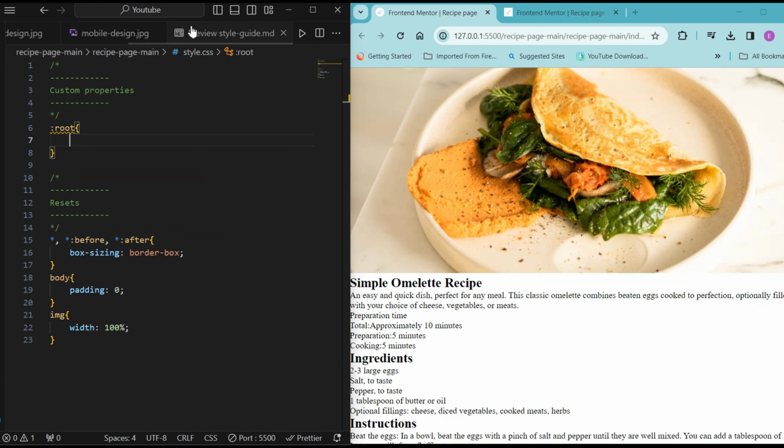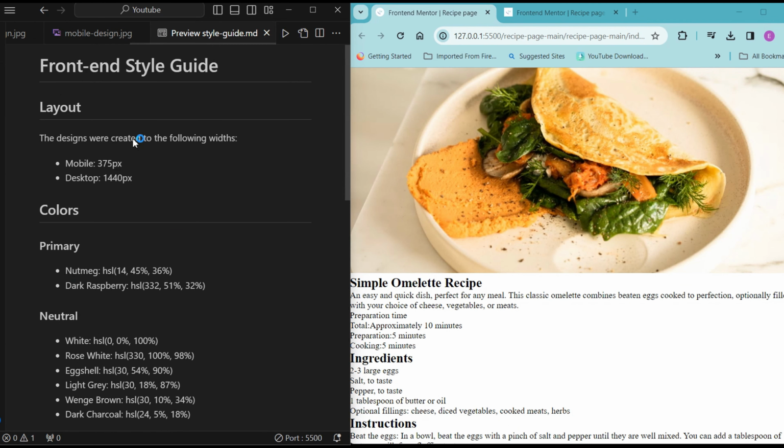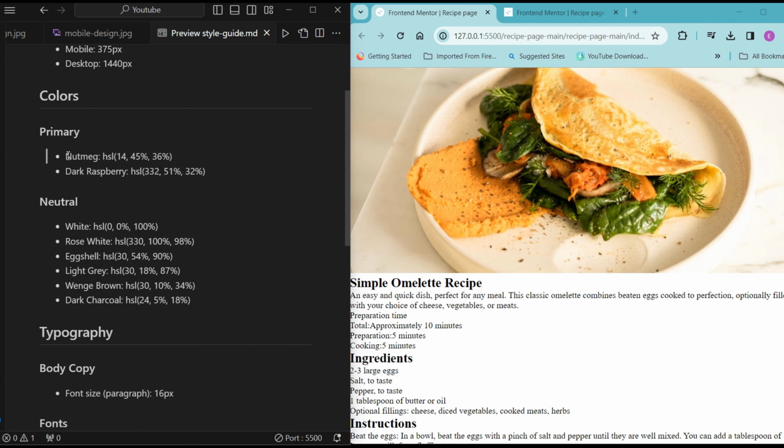And now we're going to need our style guide. So we can see that these are the widths. So this is what we're going to be keeping in mind for our breakpoint, although thankfully our style is the same on all devices. But for the custom properties, I want to set these colors